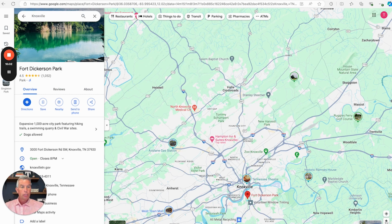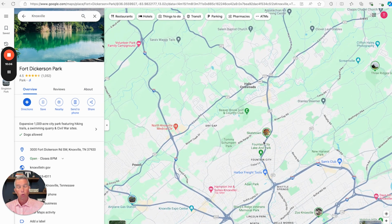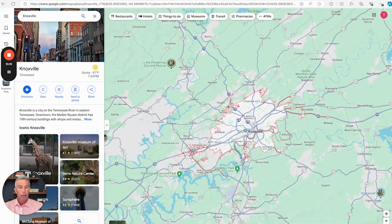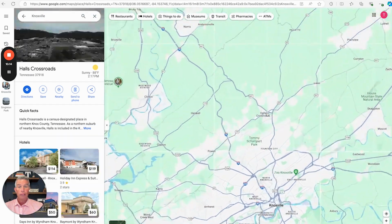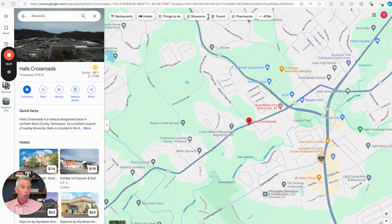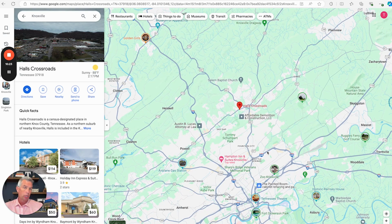So this is an area that we've talked about quite a bit. If you've watched any of our videos, one of the things you're finding out is that out here in this North Knoxville, we talk about Hall's Crossroads and this area quite a bit. Well, Hall's Crossroads is an area that's really growing. And this is an area that up until not too long ago was really rural. It offered a lot of affordable